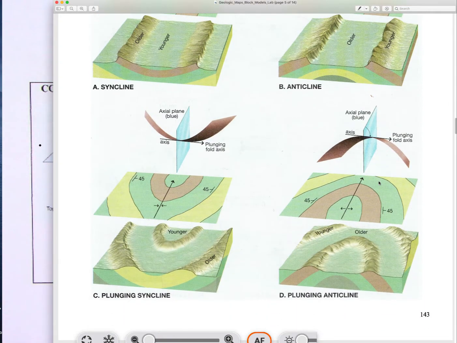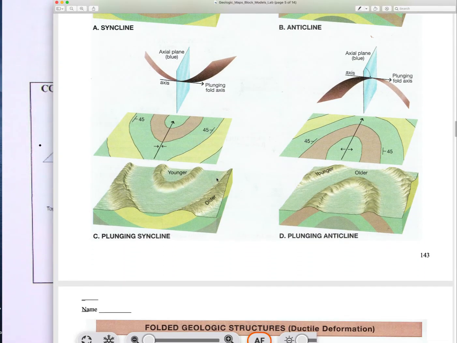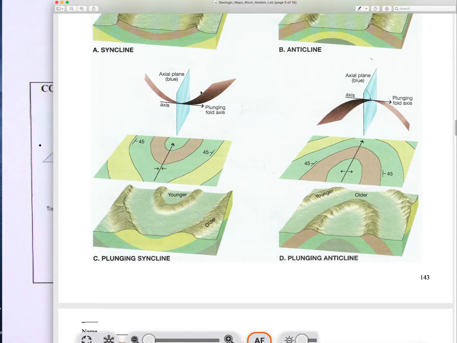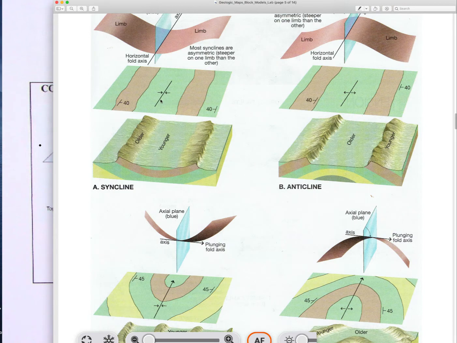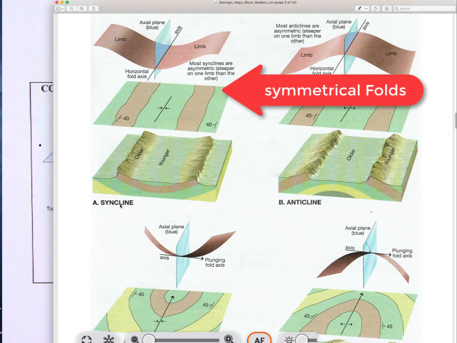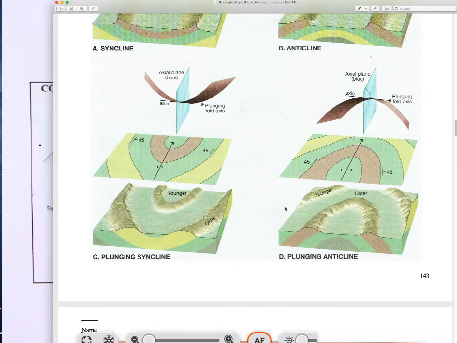And then here we see the plunge. So these are the plunging folds. So here's a plunging syncline and a plunging anticline. And note that the plunge direction, so on a map, you would see the fold on the map for a plunging fold. And it just shows that the hinge line of the fold is inclined or tilted. For these folds, the hinge line is horizontal. Sometimes these are called symmetrical folds, symmetrical syncline, symmetrical anticline. And these would be plunging folds because the hinge line is tilted or is dipping, and it's dipping or plunging